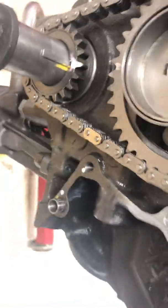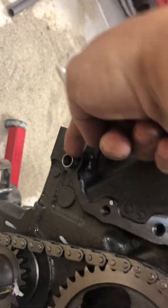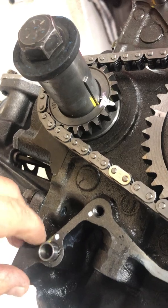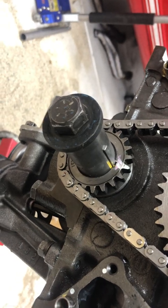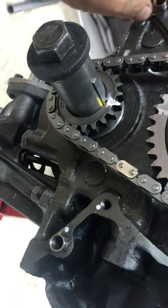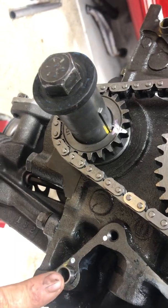Okay, here's the roller motor, and it has these dowels down here on the bottom, on this side and this side, on the very bottom hole in the timing cover. On the 289, these holes are tapped, and so there's a smaller hole in the timing cover, and they're just bolted on there. But when they went to the roller motors, they started putting the dowels in here,